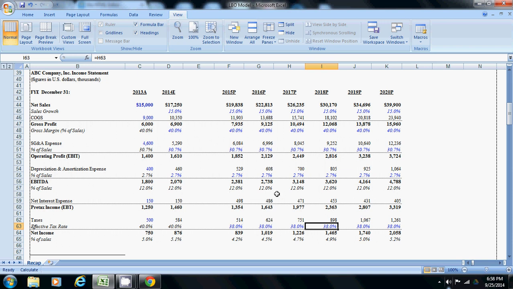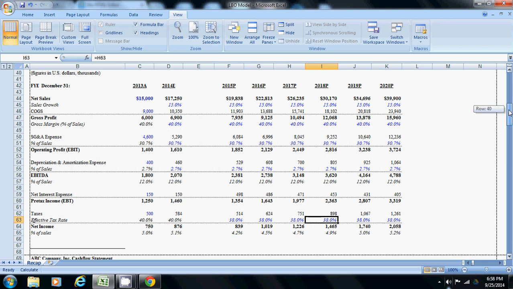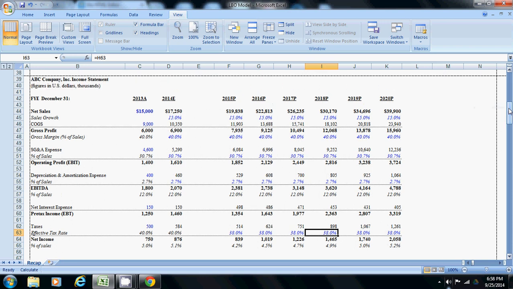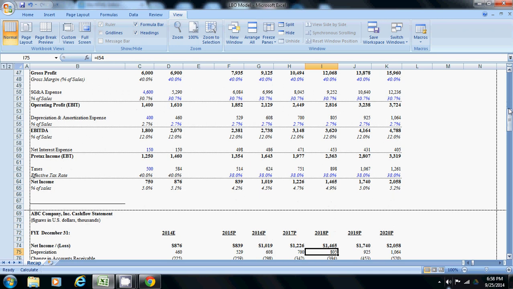A lot of companies, you might assume that your EBITDA margin would increase because as the company grows, you get operating leverage, and so more overhead is absorbed. You get greater economies of scale and greater profitability. But we're just going to say, for simplicity, it's 12% going forward. And then marginal tax rate, 38%. So let's see, going down here,